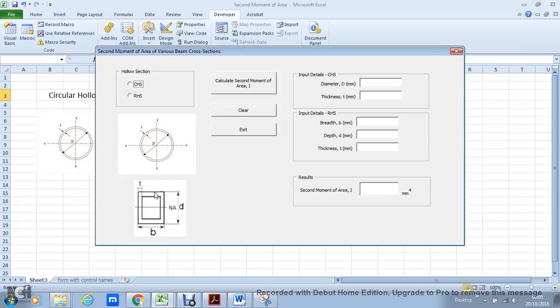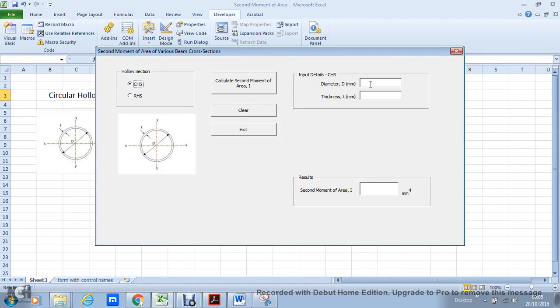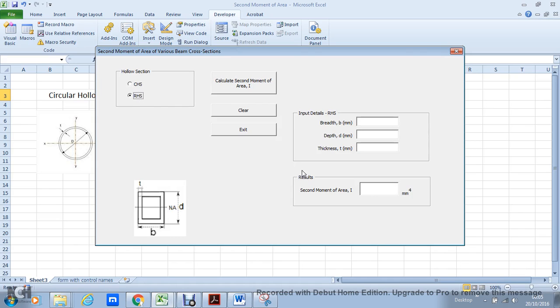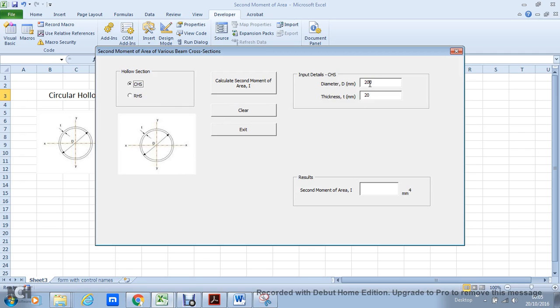So when I run it this time, if I select my hollow section like that, 220, calculate second moment of area, then I select it here. You can see it's blanked that out, which is what you wanted to do. Now you'll also notice these are still here when I select circular hollow section, so really these should blank out as well. I can show that later, but